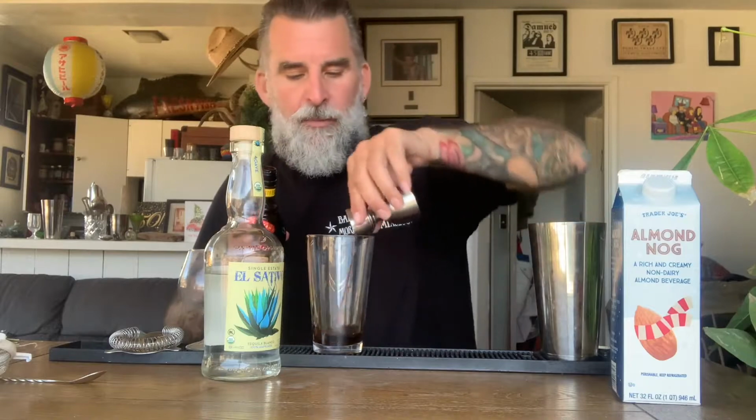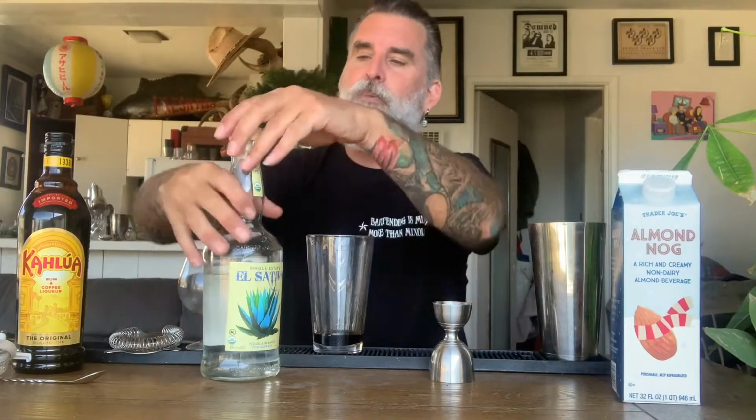If you're thinking vegan, don't use Kahlua, because I think there's some kind of cream element to it, but I'm not sure. I just know that they try, but it can't be considered vegan. And we use our vegan tequila. I think all tequila is vegan, but this stuff is just, when you try it, you'll know. All right. And then we're going to top it off